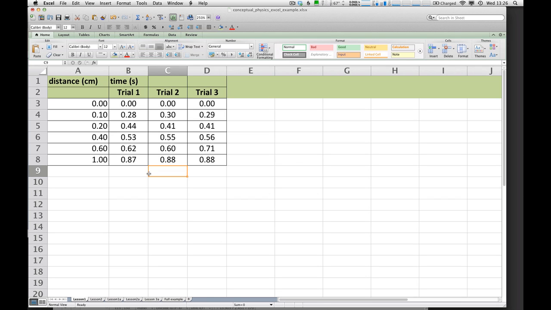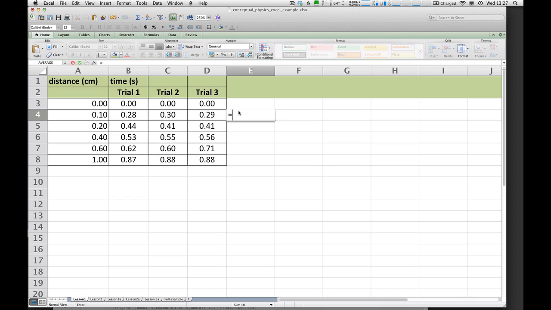Now, typically you'll want to have the value displayed in a cell based on the contents of other nearby cells. To indicate that you'd like the value in a cell to be a calculation, you click on that cell and enter an equals sign, followed by the formula or function that you want to have calculate the result. When you want the contents of a cell to be used in the formula, you can either type in the cell reference, A1, B2, etc., or you can simply click on the cell or range of cells that you want